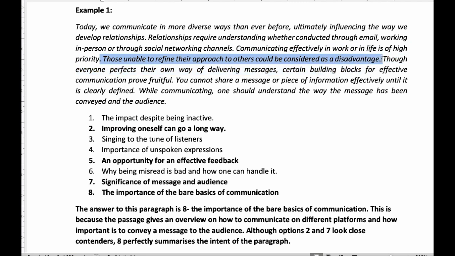Now, this sentence here does suggest that improving oneself helps, but it's not the central idea of the paragraph as such. So we are ruling out 2. Let's look at 5, an opportunity for an effective feedback. Here you are not talking about having or taking feedback at all. Maybe the paragraph is telling you an approach to follow, a certain technique to follow, but it's not talking about